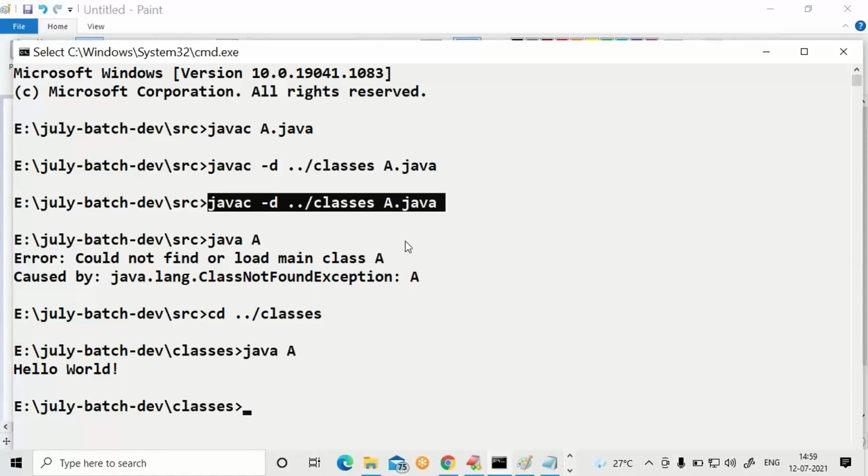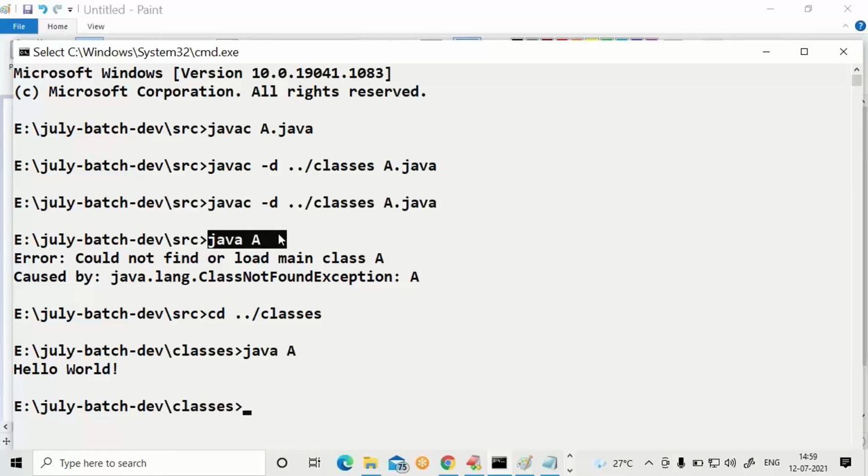Then you should not run the java command from the SRC. Why? Because the class file is not available in the SRC. You have to go to the classes folder. This is the command used for going to the classes folder.